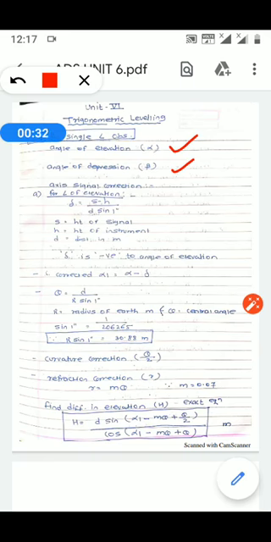Now to find the different corrections, first we have the axis signal correction, and the first case is for angle of elevation. To find out the value of axis signal correction we have the formula delta is equal to (s minus h) upon d sine of 1 second, which is a very important formula. In that, s is the height of signal, small h is the height of instrument, and small d is nothing but the distance between two stations.